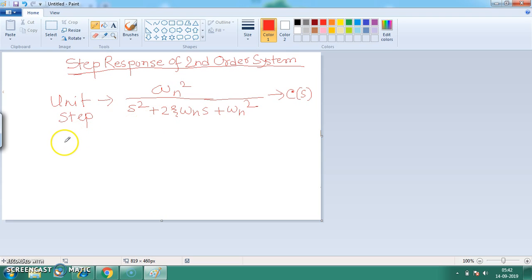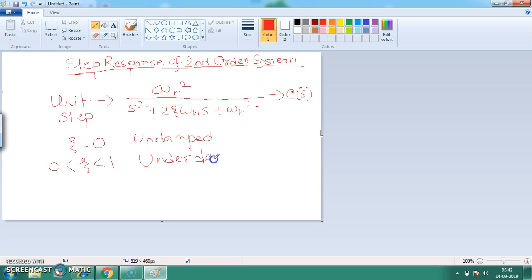And they are going to give certain type of response. We have named it: if the value of zeta is equal to 0, we can get undamped response. If the value of zeta is within 0 to 1, we can get